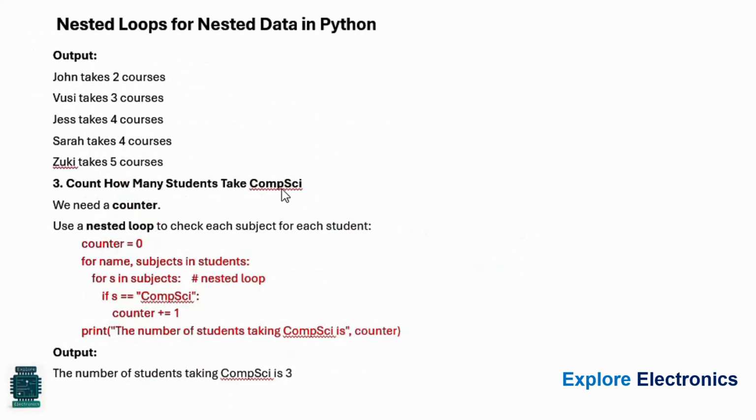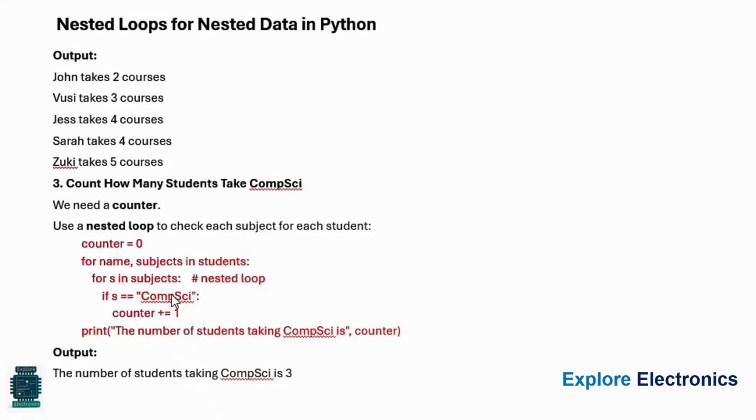Count how many students take computer science. This one also we can do. We need a count. That's why we have to use a counter here. Use a nested loop to check each subject for each student. We have to check each subject for each student. Here counter is equal to 0 initially. For name, subjects in students, for s in subjects: